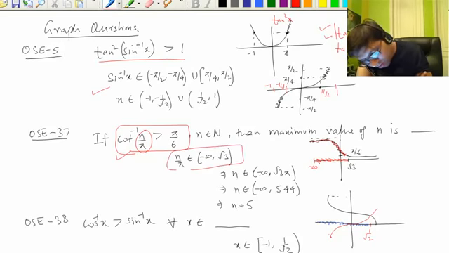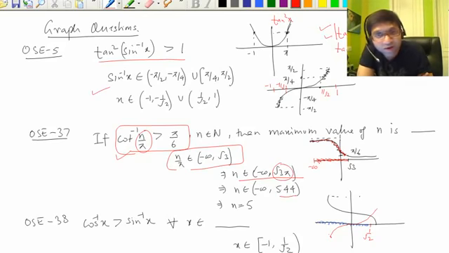या फिर कहना चाहिए n belongs to माइनस इन्फिनिटी टू रूट 3 पाई होना चाहिए. अब n की वैल्यू तो आ गई इस रेंज में होना चाहिए. We have to find the maximum value n can take. Now we have to calculate root 3 pi. ये आता है 5.44, और मैक्सिमम इंटीग्रल वैल्यू चाहिए. Maximum value of n is integer, n is natural number, so it is 5.44 में सबसे बड़ा इंटीजर कौन सा है, 5 है.